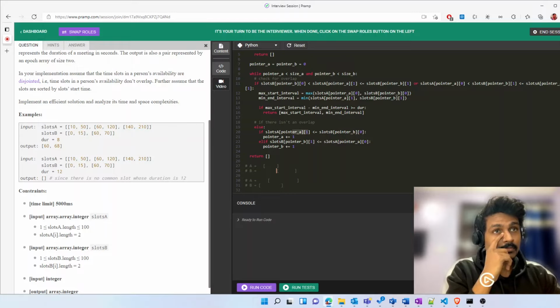Right. Looking at lines 27, 28, in my example, if slot A's end time is less than or equal to slot B pointer B,